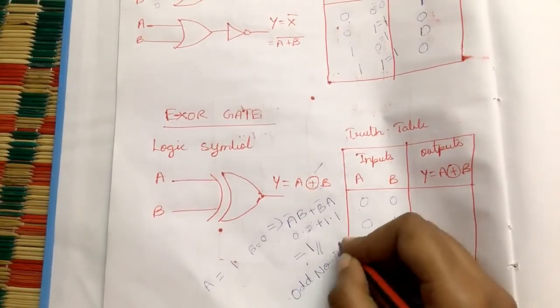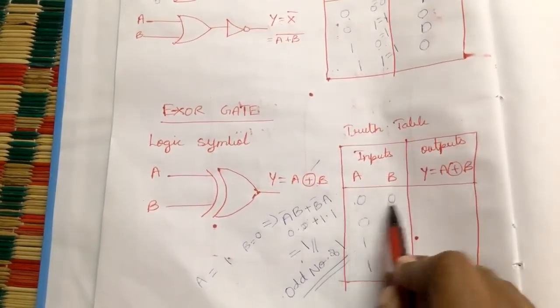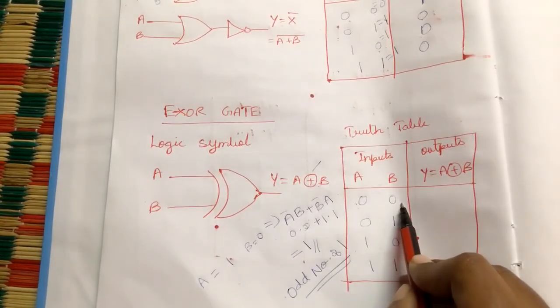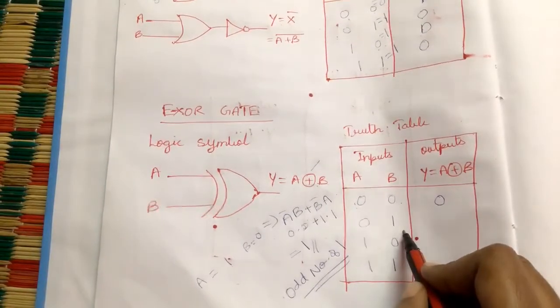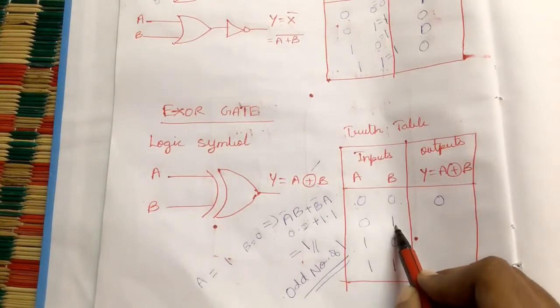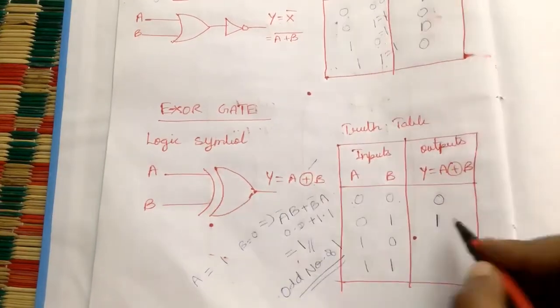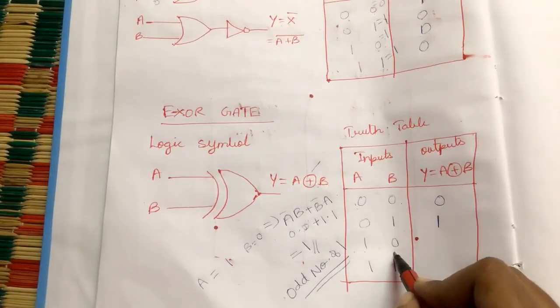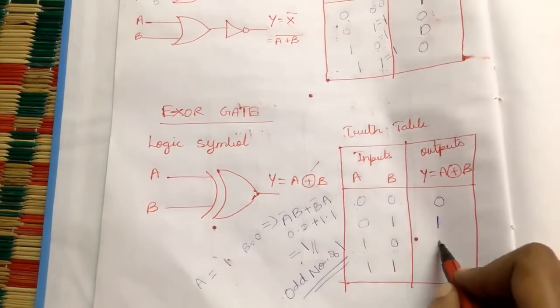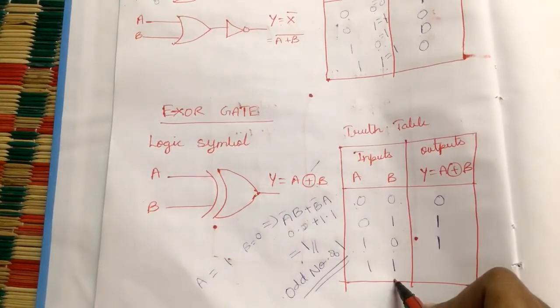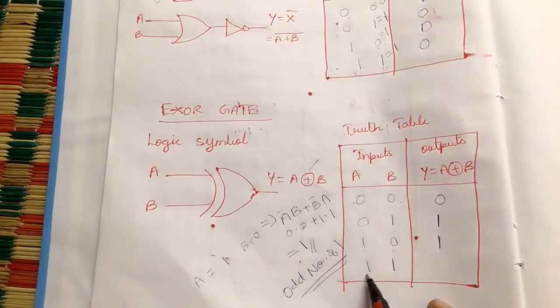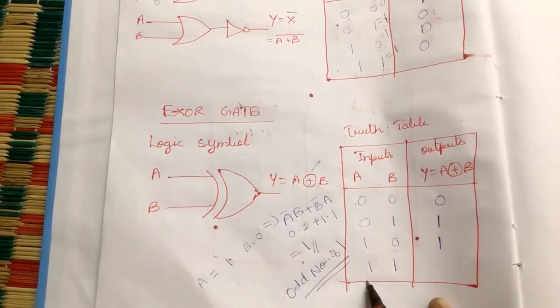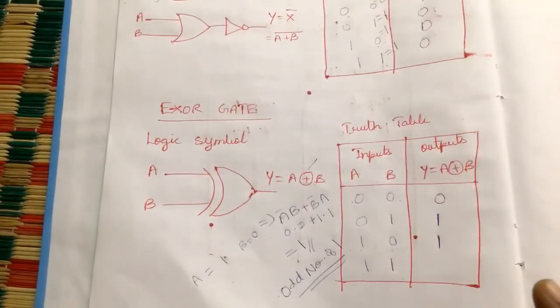That is, in this set of inputs, how many ones are there? There is no 1. So then we will consider it as 0. Then how many odd number of 1? Only one odd number of 1 is there. If that's the condition, we will write it as 1. So in this 1 0, only one 1 is there, so the output will be 1. Here, 2 ones are there. So that 2 is an even number. We are taking 2 inputs, but we are having 2 ones, which is an even number. So the output will be 0.